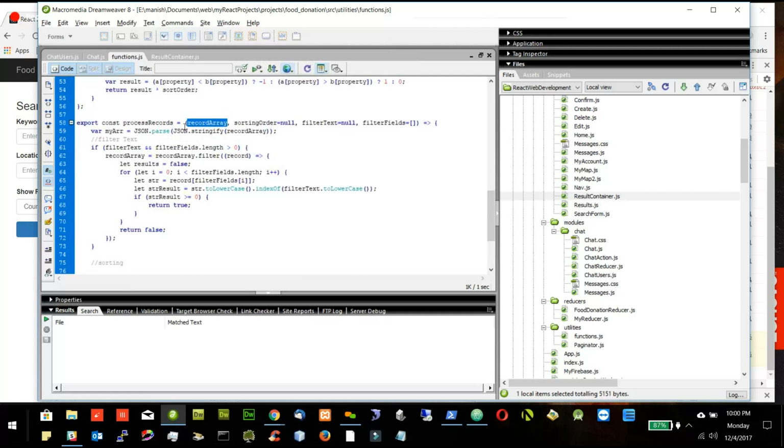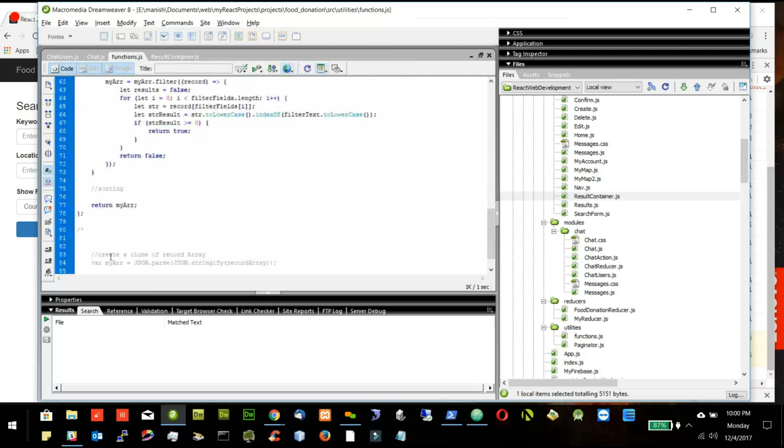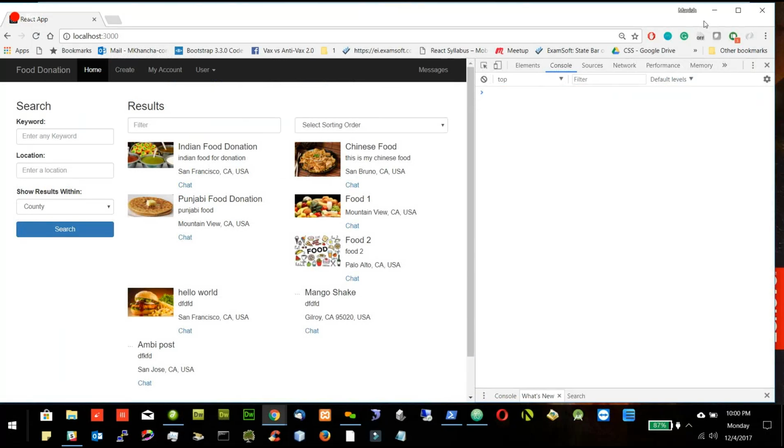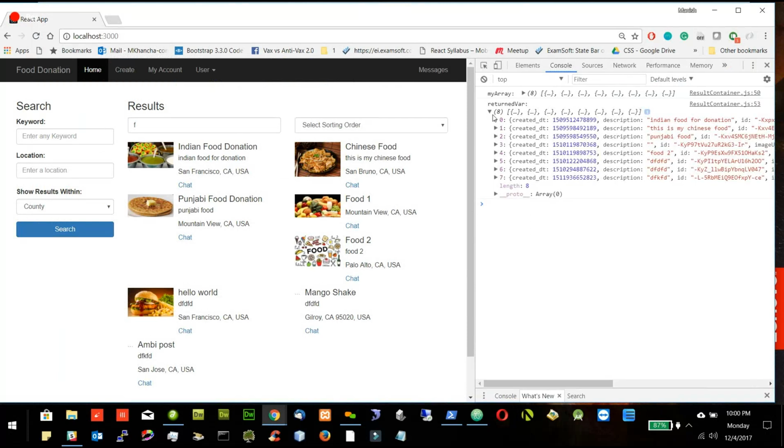Since this is the record array, we don't want to manipulate the record array. We will use myArr because I saved into the myArr. So I will put it in the myArr. And here I will see what is coming in the myArr. So let's see it. So I will put F. So you will see